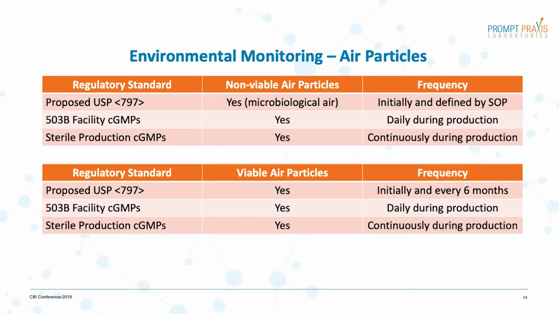So now you've qualified your interior room, you've qualified your supporting areas, and now how do you maintain that room? Well, your environmental monitoring describes how you can ensure that how you've set up that room and qualified it maintains in a state of control so that you can understand your product is safe from microbial contamination. So one of the controls is the environmental monitoring, and you monitor your non-viable and your viable particulate, initially and defined by SOP for USP, daily production for 503B, and sterile production fill continuously during production, and very similarly for